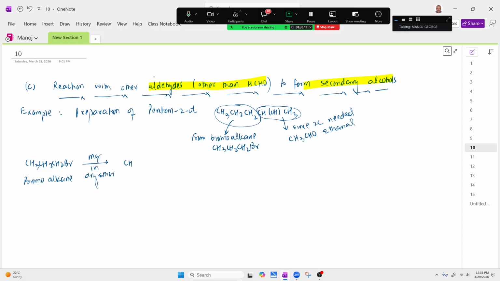So I will get here CH3CH2CH2MgBr, and that's my Grignard reagent, correct? And then what do I need? I need ethanal, CH3CHO, followed by, I still need to do my acidic hydrolysis everywhere, followed